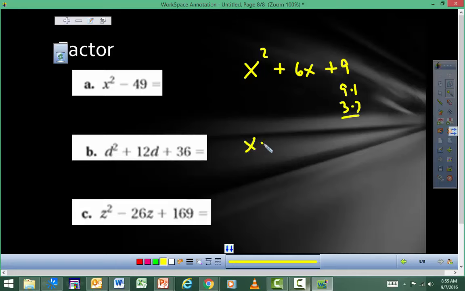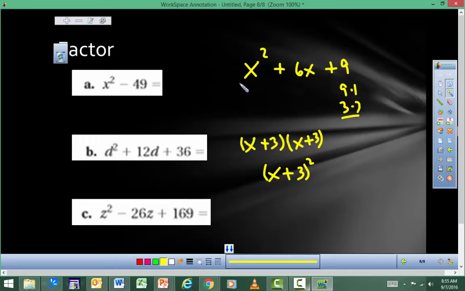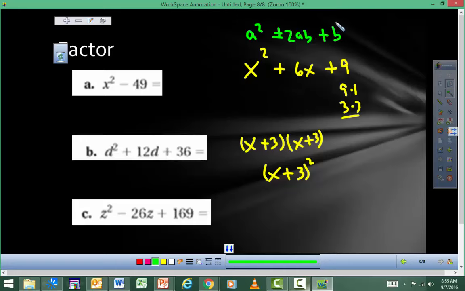So then you'd say, oh well, this is x plus 3 times x plus 3. And then you'd say, hey, wait a second, that's the same thing as x plus 3, the quantity squared, because there's two of them. And you might say, well, that was just as fast. Why do I care about checking that pattern? I mean, I've been telling you you should check that pattern. Well, again, the idea behind checking this pattern, the a squared plus or minus 2ab plus b squared,